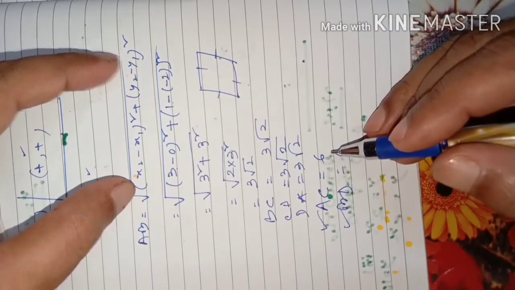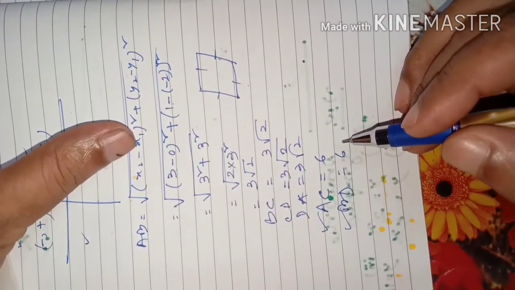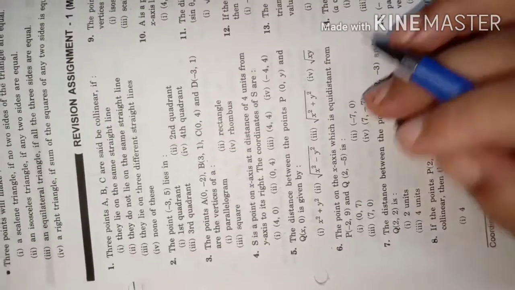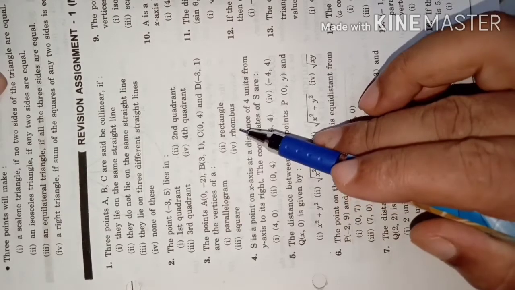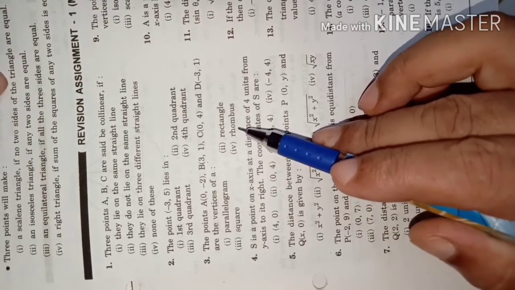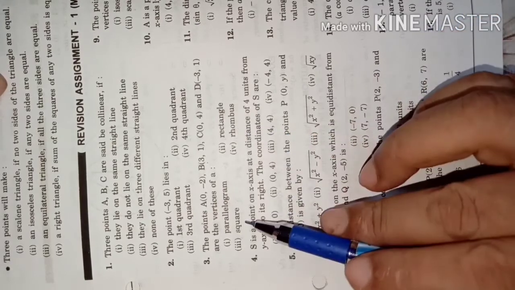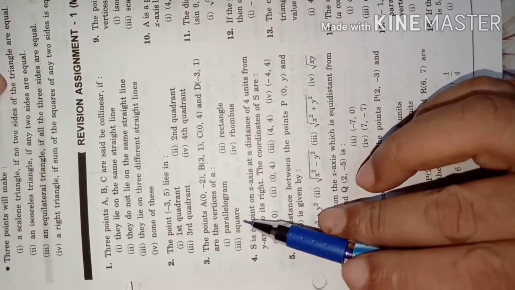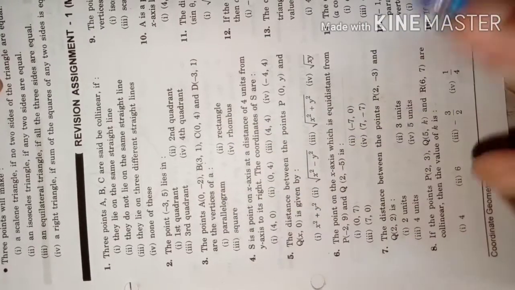Distance formula, once I have shown you how to apply it now. So you find out diagonals also are equal. That means which is the correct option here? It is a square, because rhombus has got a limitation. All sides are equal but diagonals are not equal. But in square, all sides are equal, diagonals also are equal. So that means these are the vertices of a square. That is our final answer.